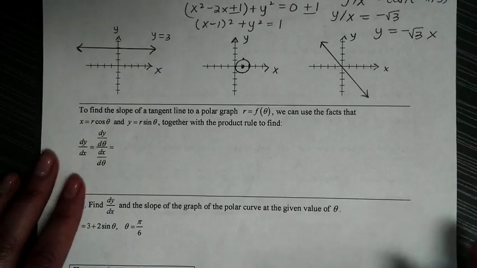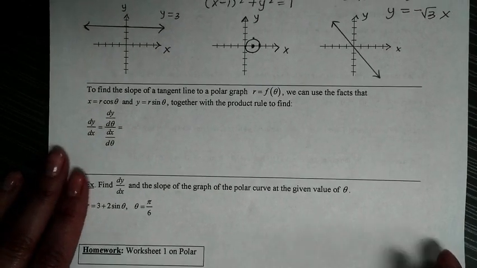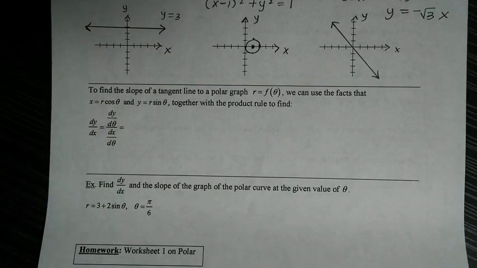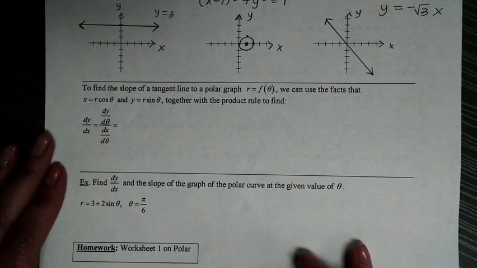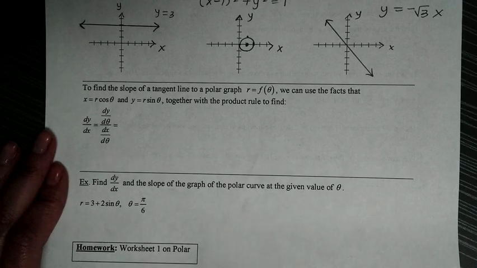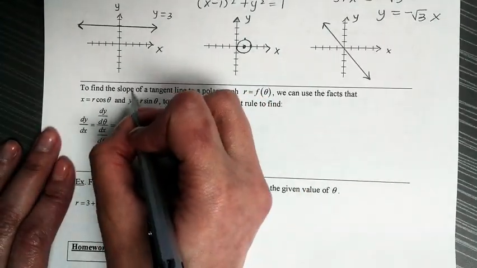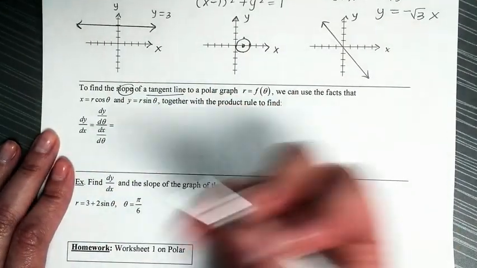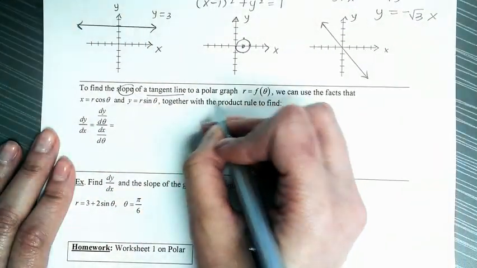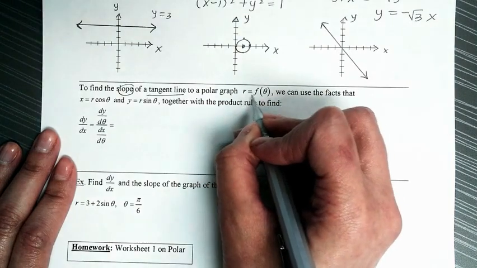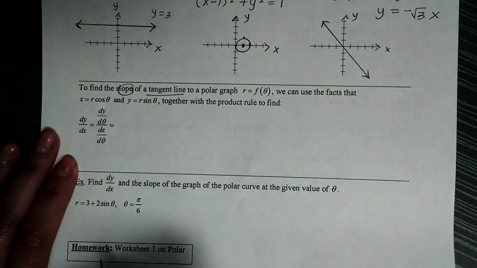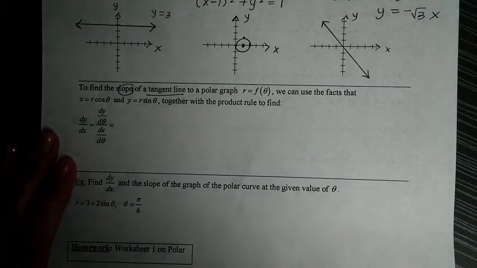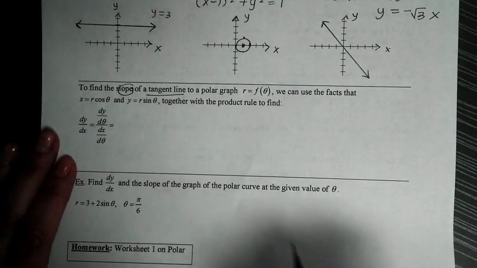Now, let's move back to calculus. Because all of that we just saw, I'm pretty sure it looks familiar from pre-calculus. But why do we learn this? So we can arrive at the calculus part, to find the slope of a tangent line. So this is already looking like calculus. For a polar graph, let's say that it's r equals f of theta, we can use the facts that x is equal to r cosine theta and y equals r sine of theta